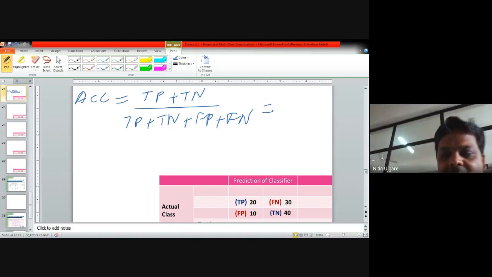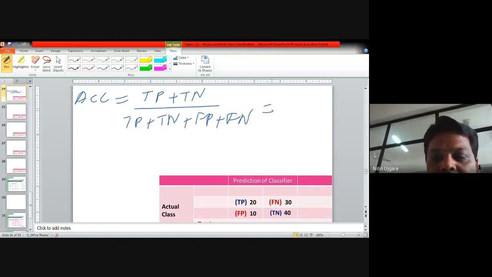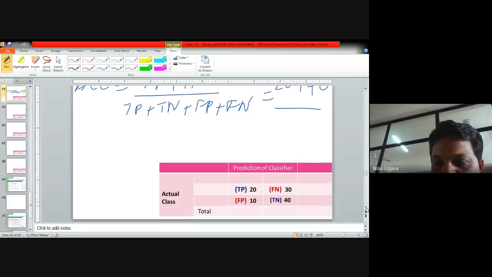So if we try to find the accuracy of this classifier, we get TP as 20, TN as 40, and this last value which I am indicating here